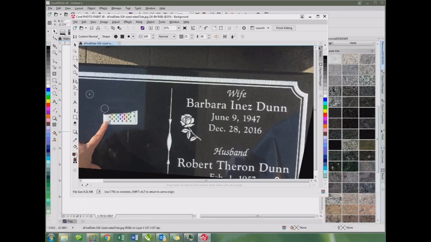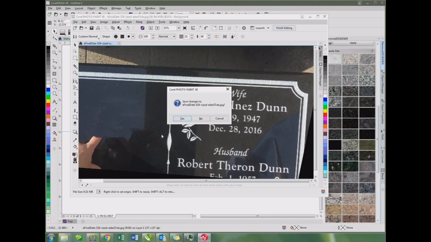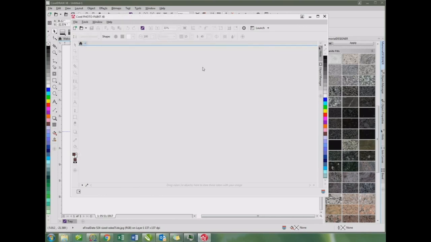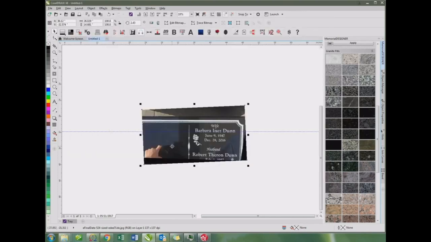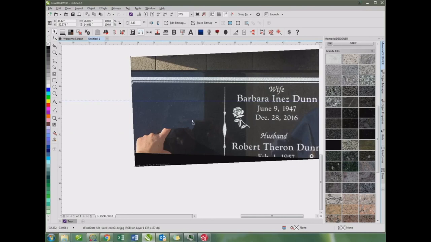So I can put my new inscription on there and send it to the family for approval if I want it to, and they're not looking at that Final Date card. So I'm going to go ahead and save that change. And now you can see back in Corel, the Final Date image is gone and I'm working with just a